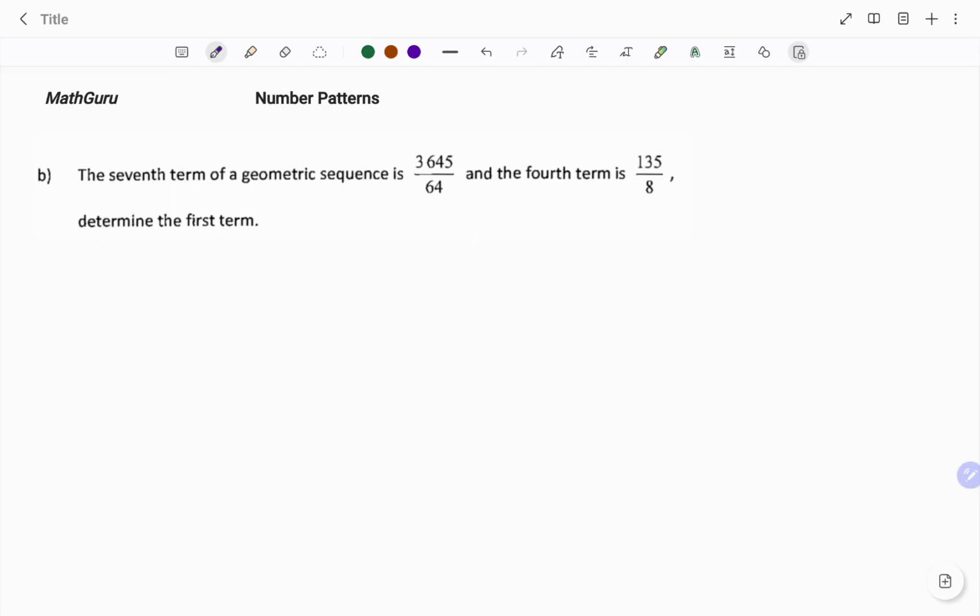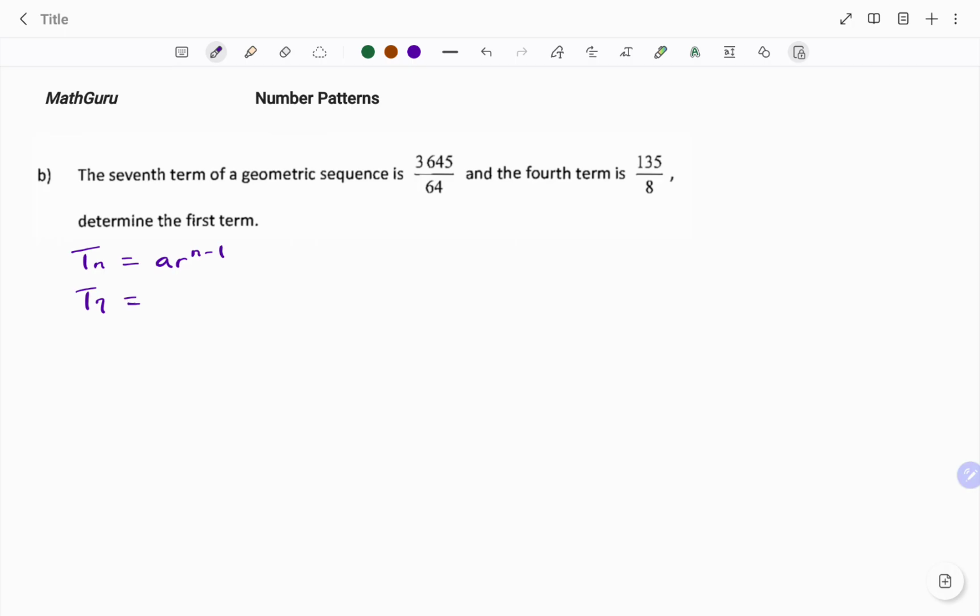The B part says the seventh term of a geometric sequence is 3,645 over 64, and the fourth term is 35 over 8. Determine the first term. I'm starting with my Tn for a geometric sequence, which is ar to the power of n minus 1, where a is my first term and r is my common ratio. I've been given the seventh term, so I have my T7